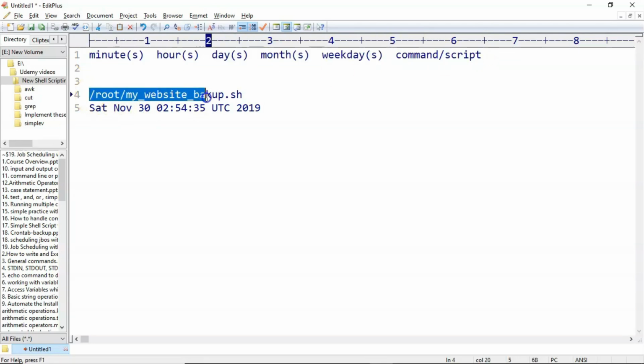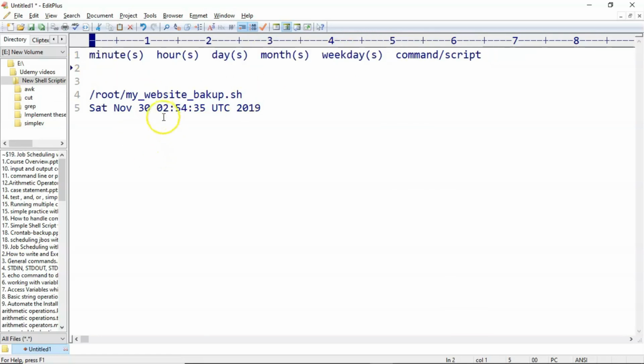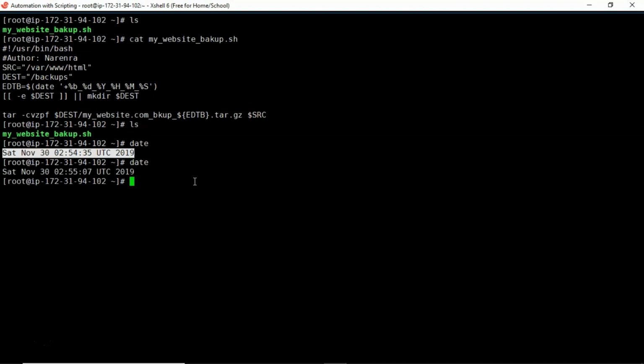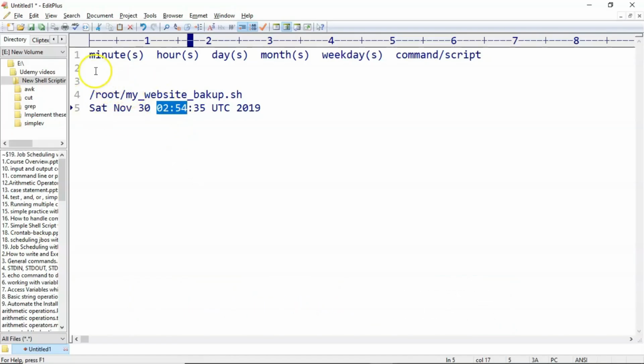Anyway we want to execute a script. So in place of this command or script, I can write our shell script. But you need to decide these first 5 fields. That is important. Suppose as of now time is 2:54. Okay, 2:55. I want to execute this shell script at 2